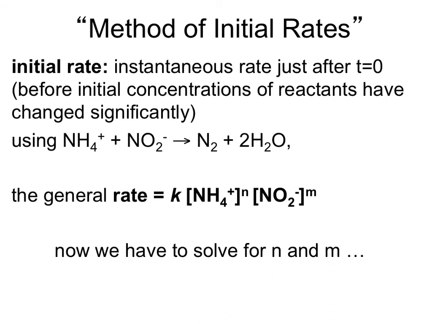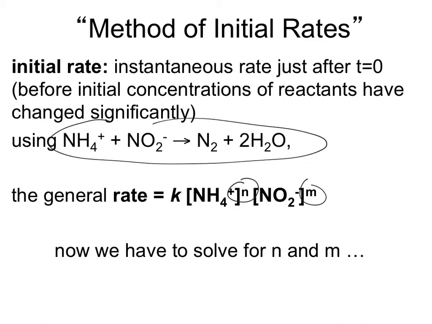Okay, so another way of finding our rate laws, our specific rate laws and their subsequent exponents, is through the method of initial rates. So first of all, what do I mean by an initial rate? Basically, that's the instantaneous rate just after t equals 0. So really before the initial concentrations of reactants have changed and before there's any opportunity for a reverse reaction to occur. So if we go ahead and look at this specific example of a reaction type,